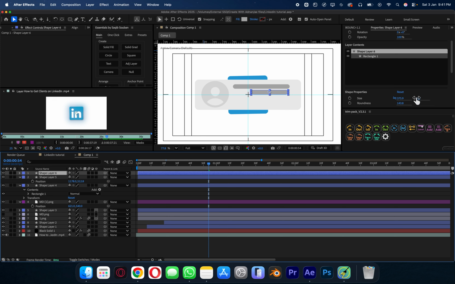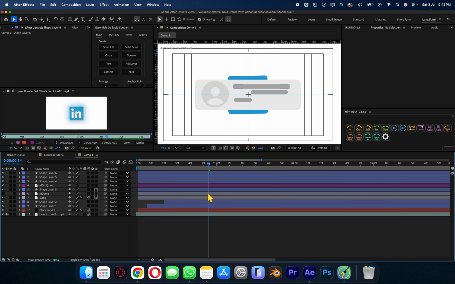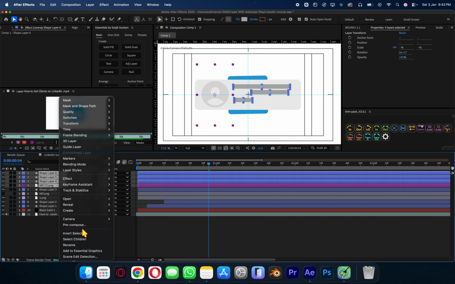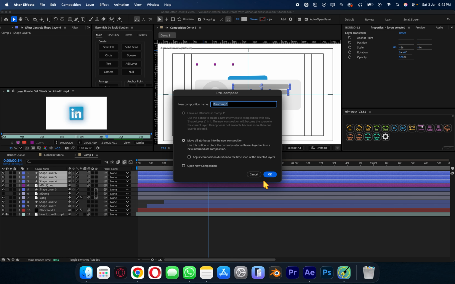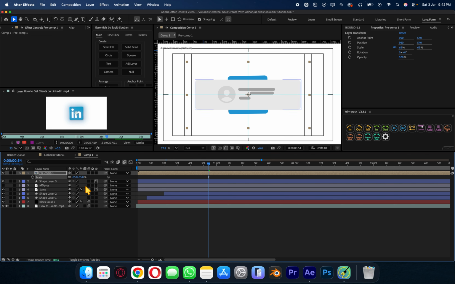Make another line, and put it somewhere here. You can do as you want. I'm just showing you the work we have to do. So make all of these motion blur and pre-compose this. After pre-composing, make it